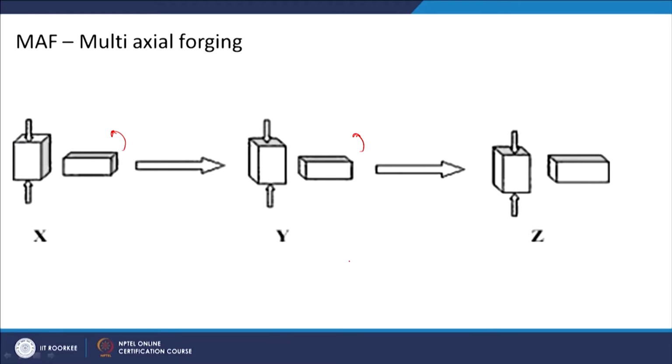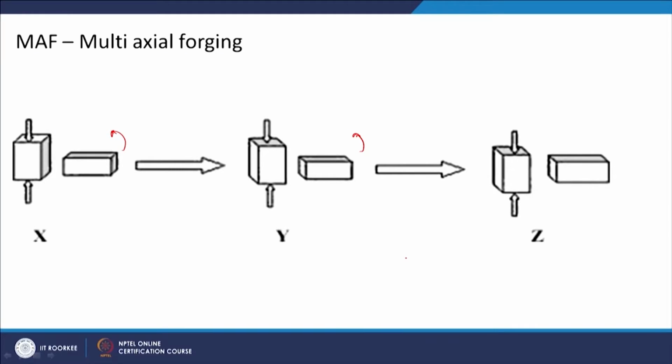So, in these 3 steps, okay, you get the same material as you have started with, and the amount of strain which you are putting in each of these stages, if you are calculating true strain, you can just do an addition and find out what is the maximum strain you have imparted, okay, and also you can see the effect of that in the mechanical properties.